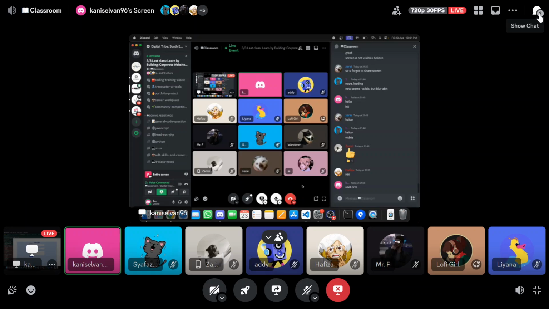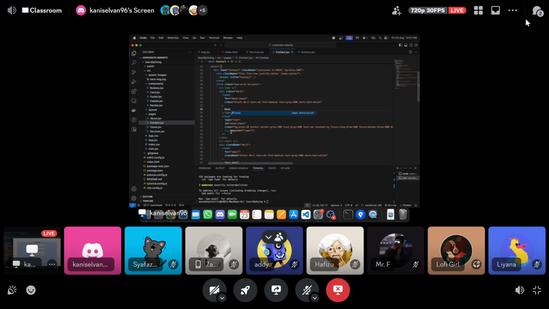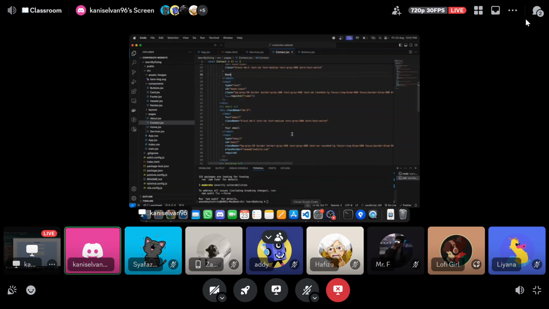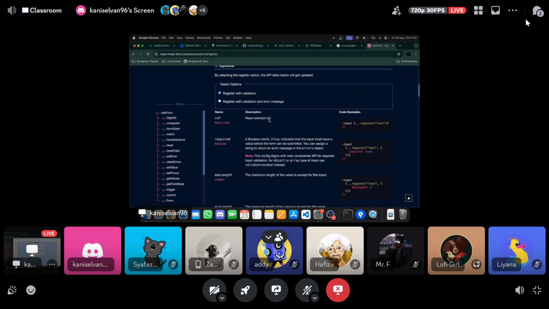Another method to submit is for validation. This is just the name. We just register name for name. We don't really need validations, but we should make sure that it's required. If it's empty, then we should show some errors. When we submit, I want it to show an error if it's empty. So first, you can see required. You can add this.